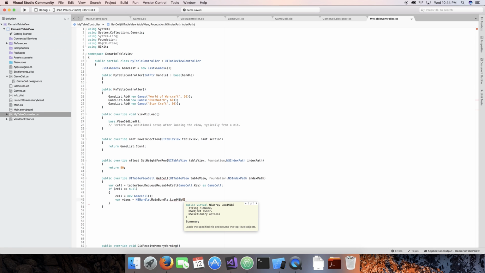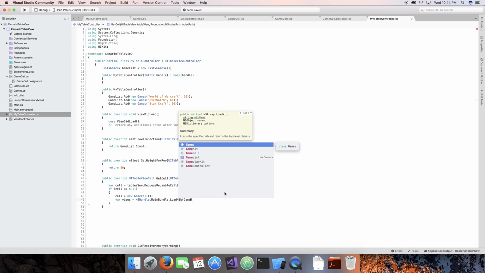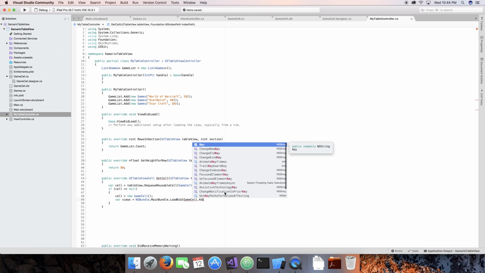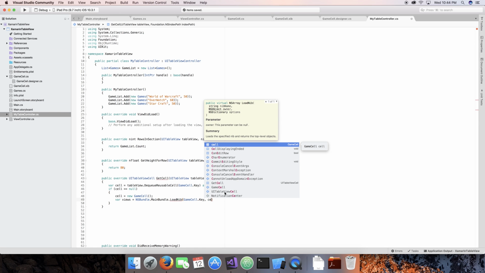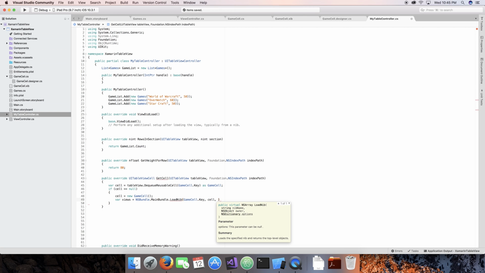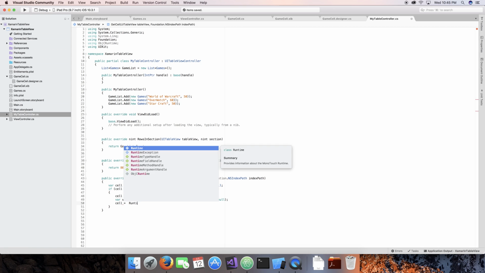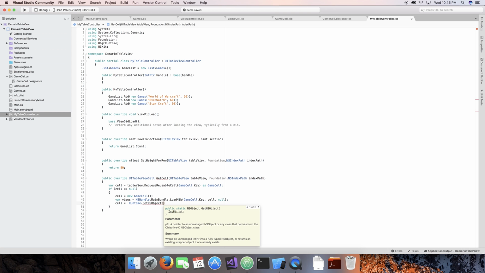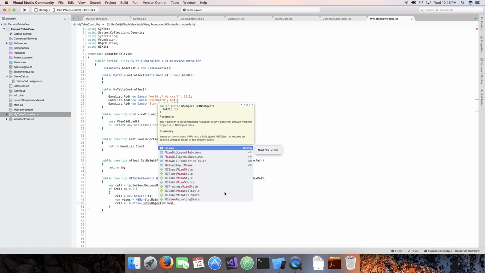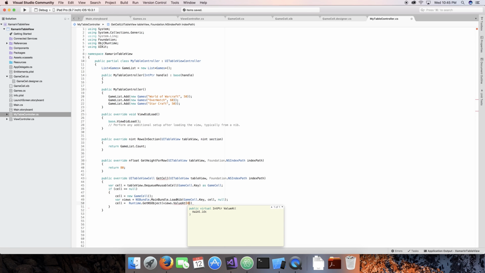So you're just going to do NSBundle.MainBundle.LoadNib. So loading the nib is like loading the XIB file. So for the nib name, we're just going to use the key that I mentioned earlier, GameCell.Key. The owner is going to be the cell, obviously, that we just created. And then the dictionary options we just set to null because we don't really need to worry about those right now. And then finally, to get the nib into the cell, we do cell equals Runtime.GetNSObject, views.ValueAt(0)